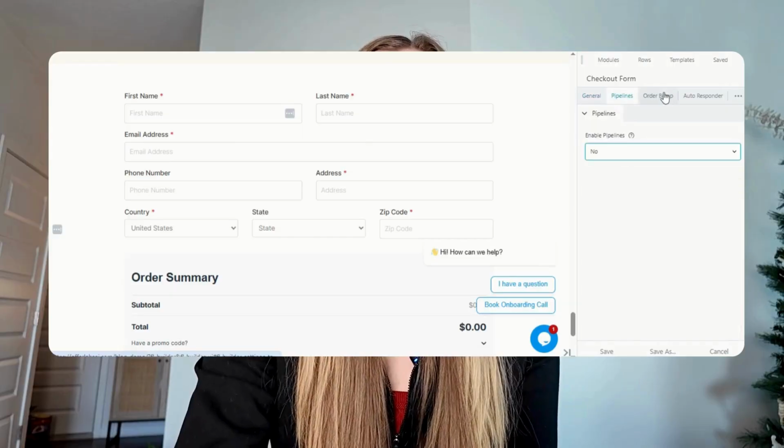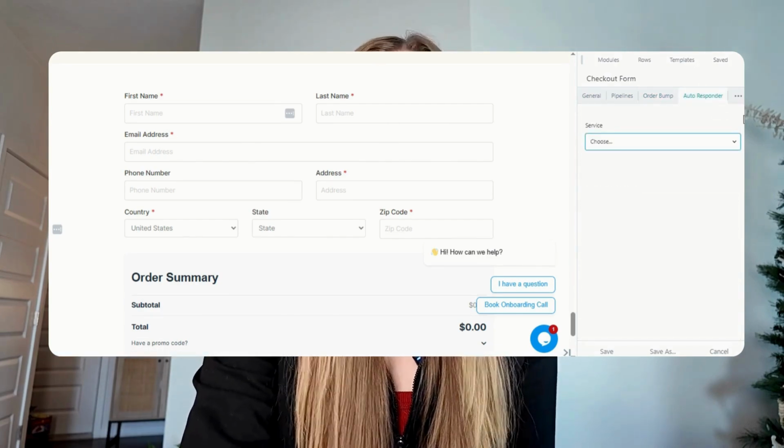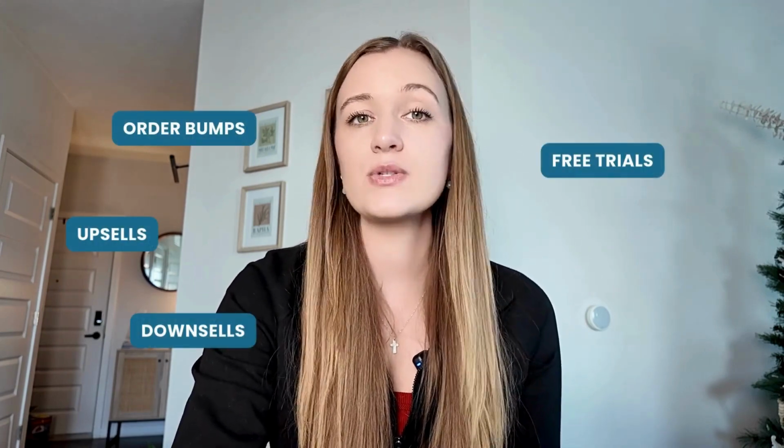Whereas Lime is great when it comes to the checkout process for digital products and service-based businesses, as well as products, services, and subscriptions, just like Wix is. The only difference is that Lime really allows you to customize the checkout feature way more. Meaning, if you just want to sell a one-time product and be one and done, Wix is super simple, great for that. But if you ever think you want to have an order bump, an upsell, a downsell, free trials, subscriptions, things of that sort,